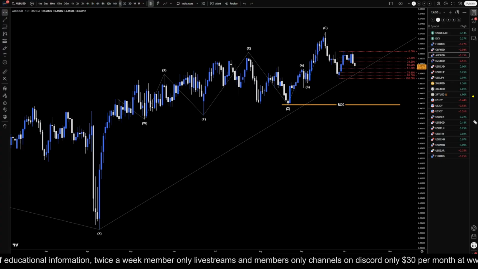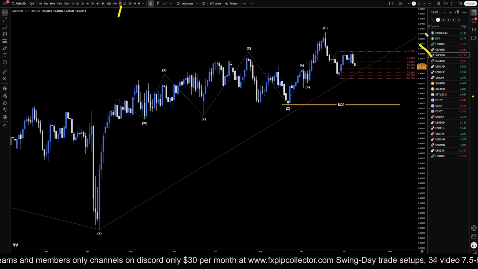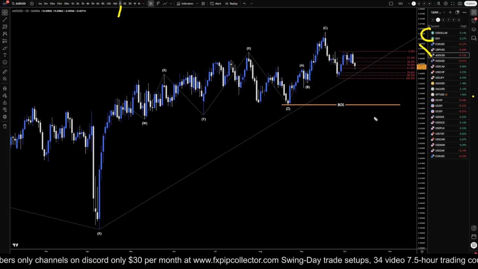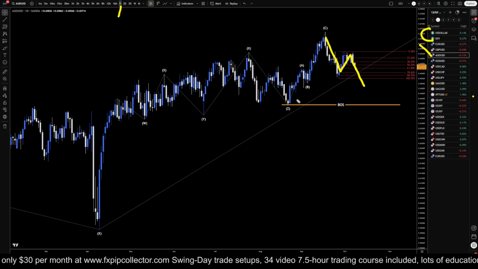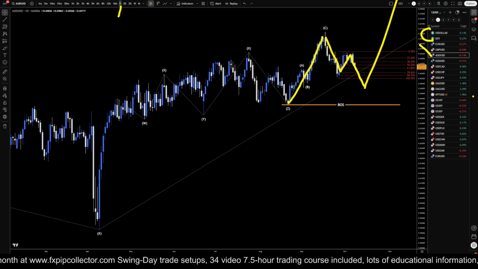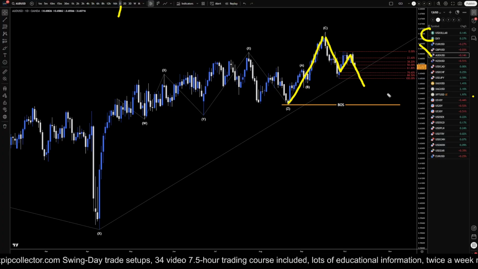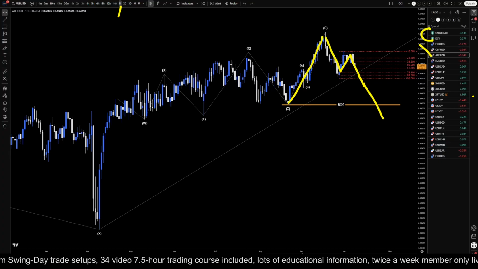Today is Wednesday, October 8th, and this is my analysis for the Aussie US dollar. And we're starting off on the daily time frame. So, on the daily time frame, because of the dollar analysis and looking at other pairs, I actually think this is going to continue to go down. I think it's either going to be an ABC pullback to this last impulsive up and then continue the uptrend, or maybe it's a 1, 2, 3 that goes down and breaks this structure, confirming that we're in a much bigger move to the downside.